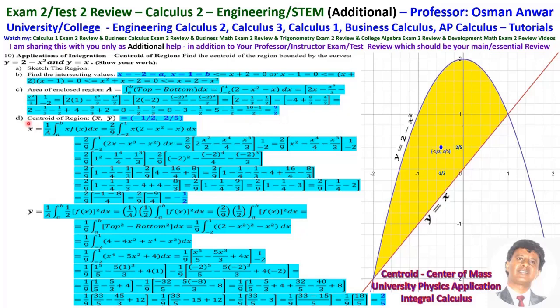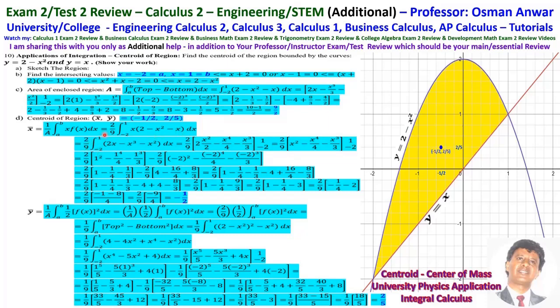Then we need to find the centroid of the region, which is the center of mass, and that's x bar, y bar. To find that, x bar is 1 over A times the integration from a to b of x f of x dx. 1 over A is 9 over 2, so 1 over A is 2 over 9. From minus 2 to 1, x times f of x, where f of x is the top curve minus the bottom curve, which is 2 minus x squared minus x dx, which is 2 over 9,